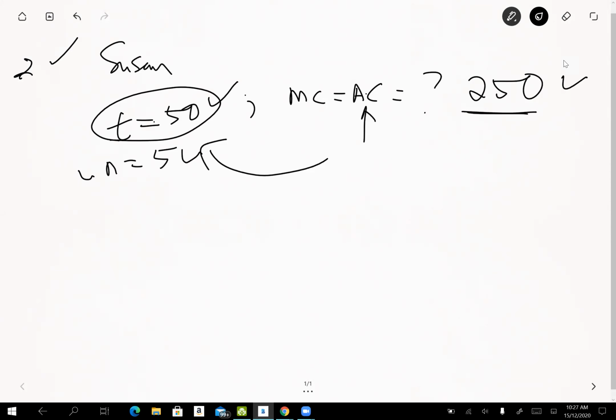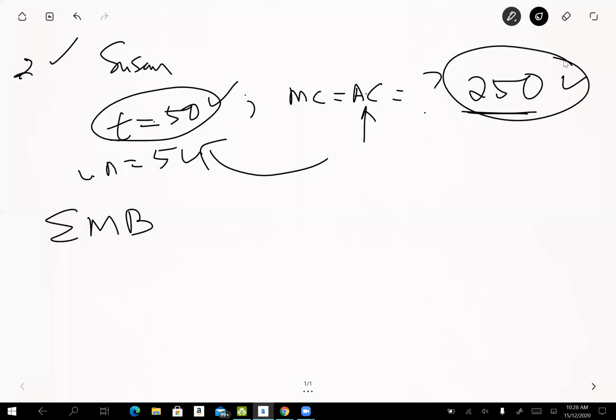All right. So if you do that, I want you to sum up the marginal benefit. I know the average cost is 250. So you get for me the marginal benefit, the market demand, at Q equal to 1. Anybody has a calculator? Can you do that? I don't have a calculator. I have, you know, a handphone. Some people do it for Q equal to 1, 2, 3. Can you do it quickly?